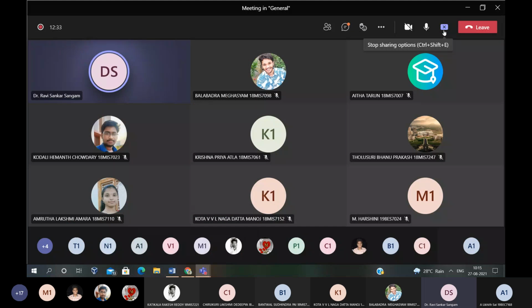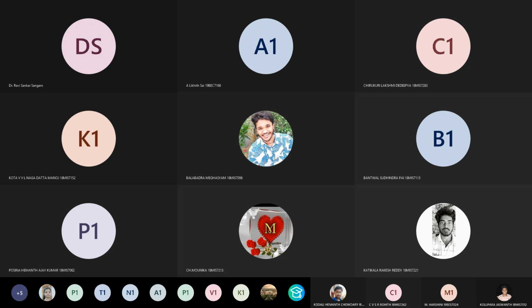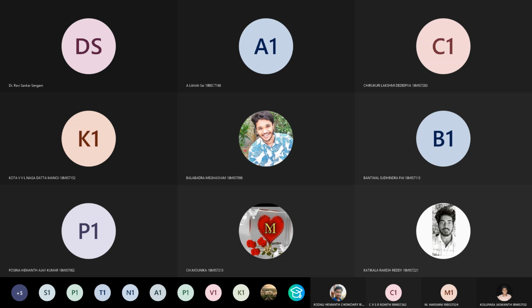Any other better solution? Has anyone executed? We can find the first two minimums in big O of n, linear time. We'll maintain two variables, first minimum and second minimum. Whenever we find a lesser element, we update the second minimum as the first minimum, and the first minimum as the new lesser number. And we just give the sum of that. It will be big O of n itself.